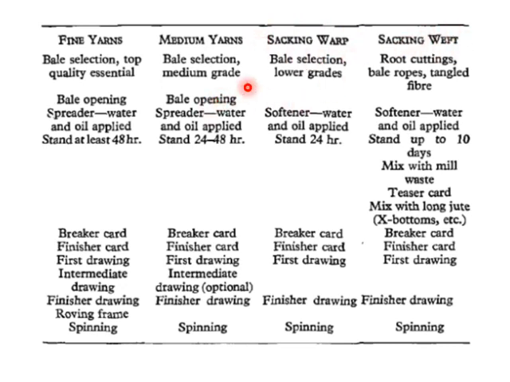As already discussed, the difference between a spreader and a softener is that the softener is used to process a lower quality of fiber, which is ultimately spun into a lower quality of yarn, and a spreader is for better quality. It is used for better quality of fiber, to produce better quality yarn, fine yarn and medium yarn.